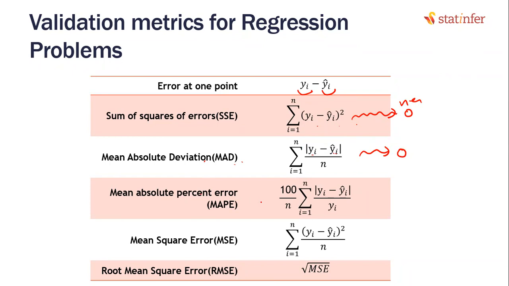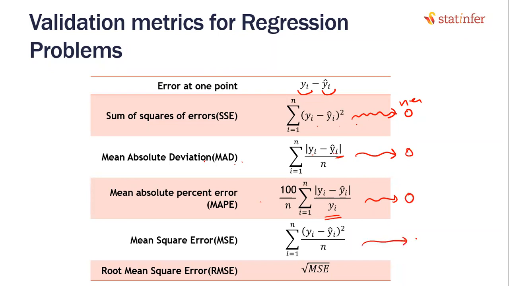Mean absolute percentage error. Now this is like absolute error. Sometimes if the data is in millions, an error of 1,000 may be a small number. Sometimes if the data is in thousands, then an error of 100 is also high. So to get a better idea, we divide it by y actual: mean absolute percentage error. And what should this number be for a good model? Close to 0. That 0% is also near to 0.